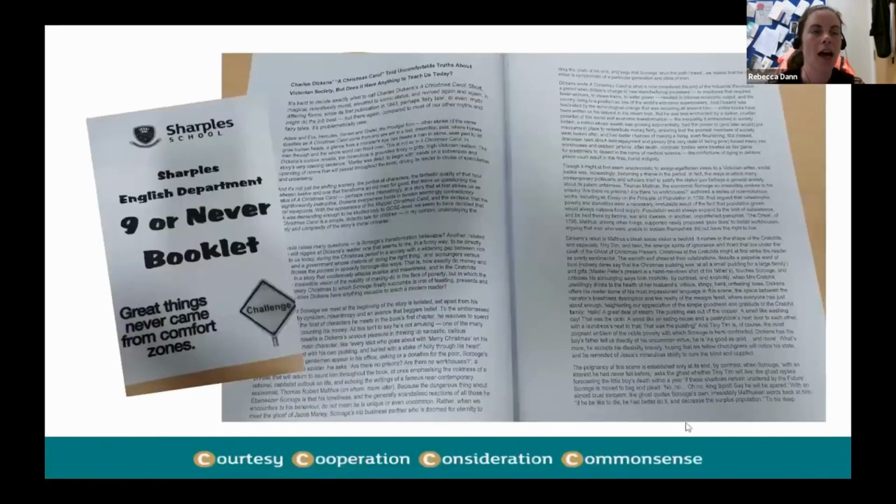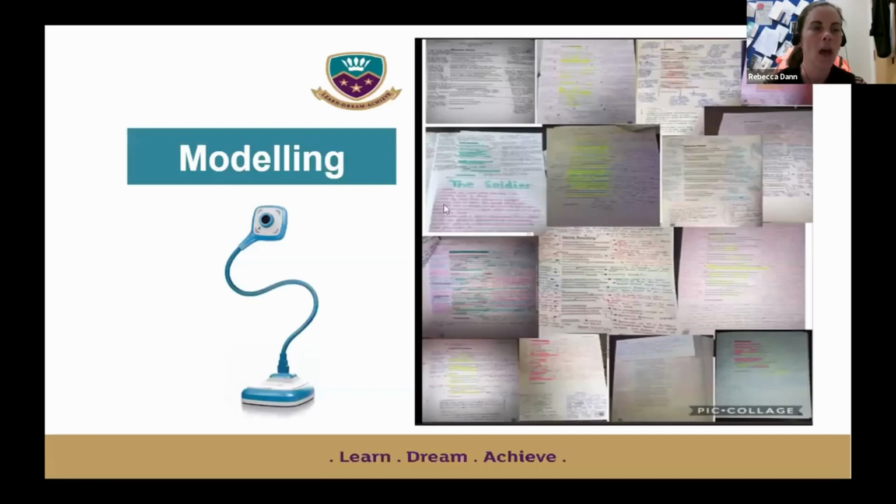Same in English, we're giving them, this is for Key Stage 4, further reading to do at home. So this is part of a homework booklet where our more able students have to go away and read text by themselves to embellish their knowledge. Again, lots of challenge in the reading that we give to our students.